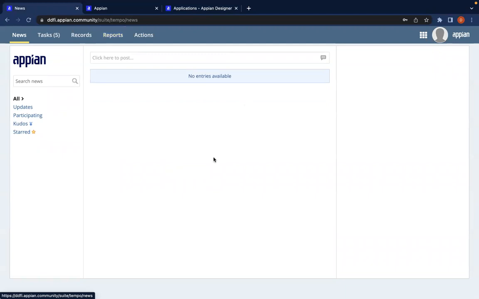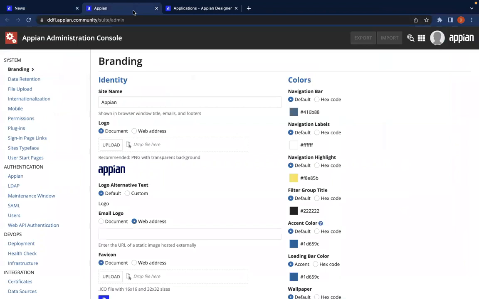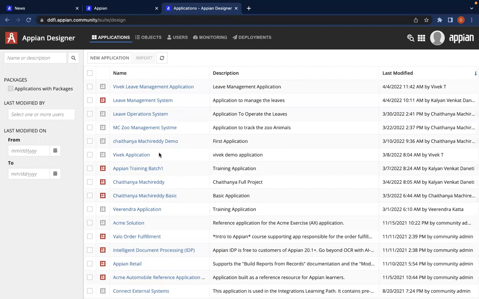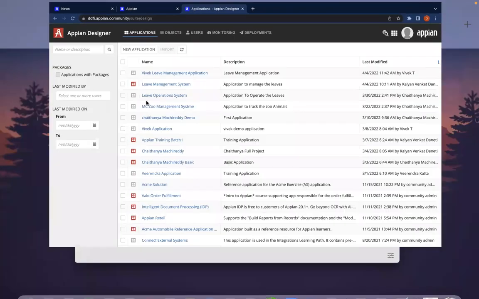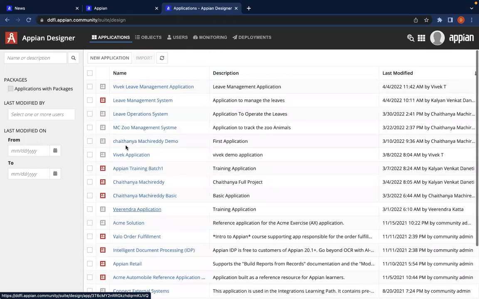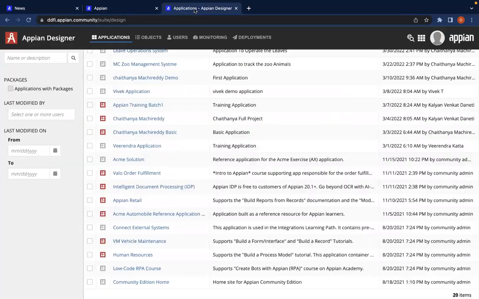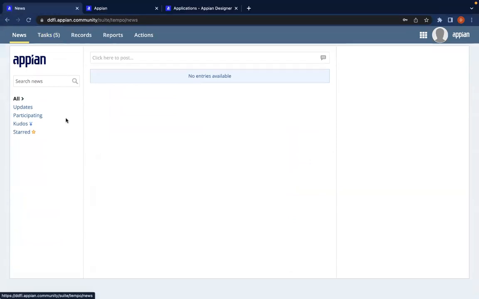Okay, this is the basic. I mean, this is the environment. This is where we are going to learn Appian by creating some applications. We are going to provide the access to you people so that you can actually open this site and check what is happening, what everything is. Once the course is started, you are going to get access to this environment on the first day itself. Once you get the access, you are going to learn things and get hands-on experience on Appian technology, basically.